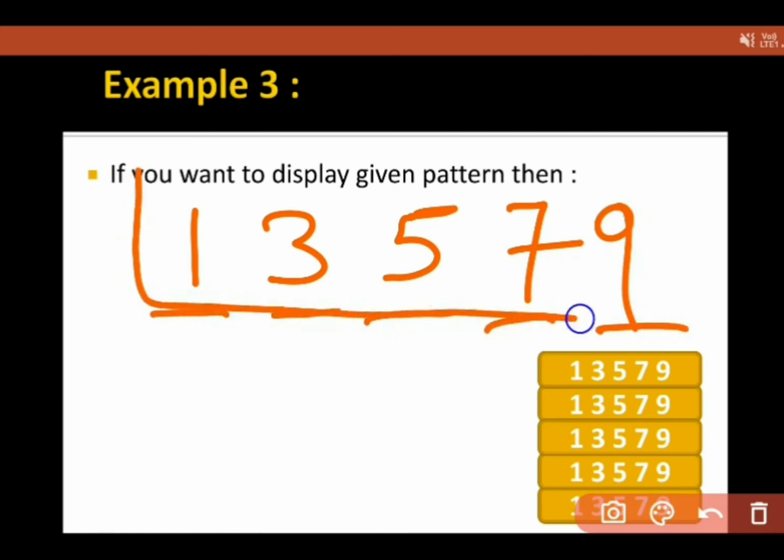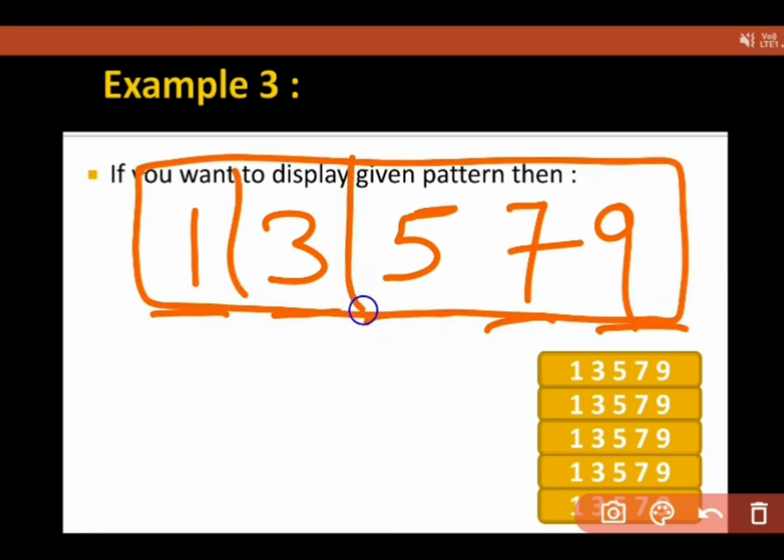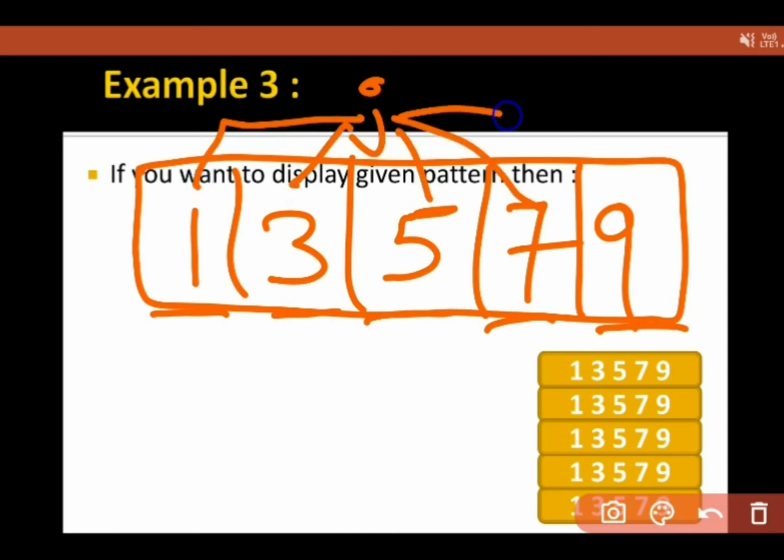In one line, I am having 5 columns. I'm denoting my column with j, and for each j, I want the value that is 1, then 3, then 5, then 7, then 9. 1 time, 2 time, 3 time, 4 time, 5 time. I want to repeat this activity 5 times.